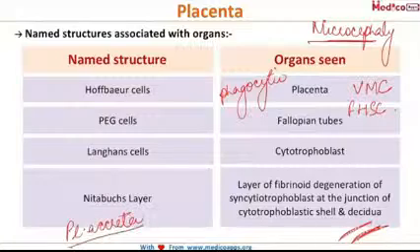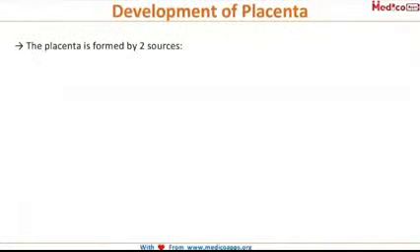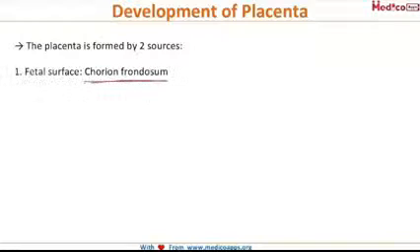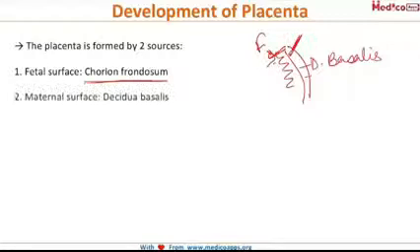Now we will talk about the development of the placenta. The placenta is formed by two sources, as we have already discussed. There is a maternal side of the placenta and a fetal side of the placenta. The fetal side of the placenta is formed by the Chorion Frondosum. And what is the Chorion Frondosum? It is the proliferation of the villi present on the side of the decidua basalis. So this Chorion Frondosum will form the fetal side of the placenta, and the decidua basalis forms the maternal side